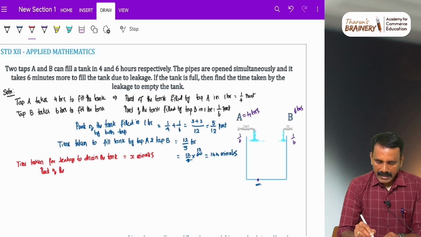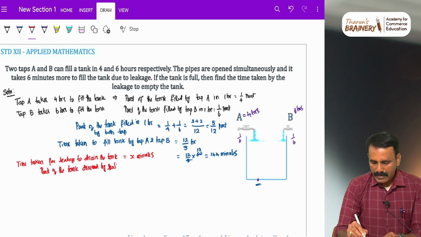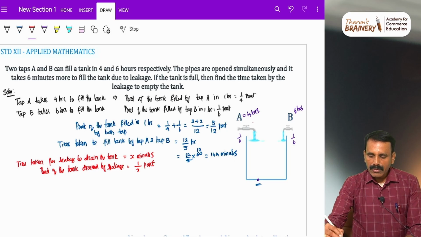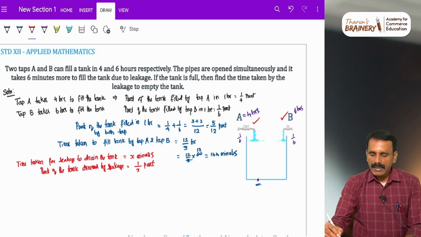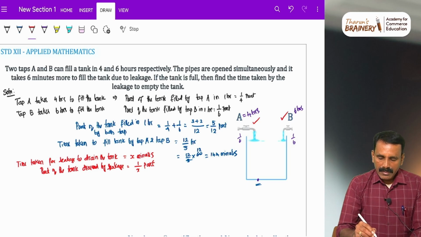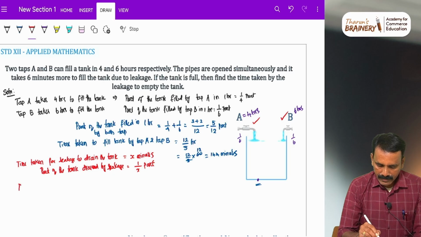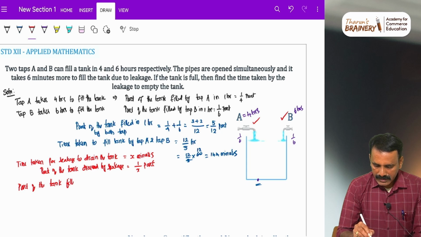So, part of the tank drained by leakage is 1 by x part. Now, tap A is going to be operated, tap B is going to be there, and the leakage is also going to be there. When these three things are going to happen, then part of the tank filled in 1 minute